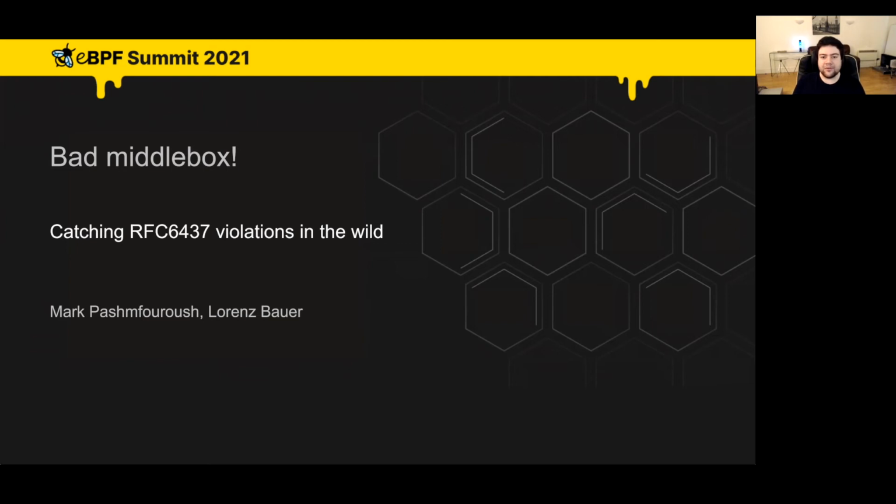My colleague Lorenz and I both work at Cloudflare, working on the Unimog layer 4 load balancer on our edge. Today, I'll be talking to you about bad middle boxes, specifically ones that violate the assertions in RFC6437. Now, violations of RFC6437 doesn't really have any meaning to it, but in order to explain it, I have to first explain IPv6